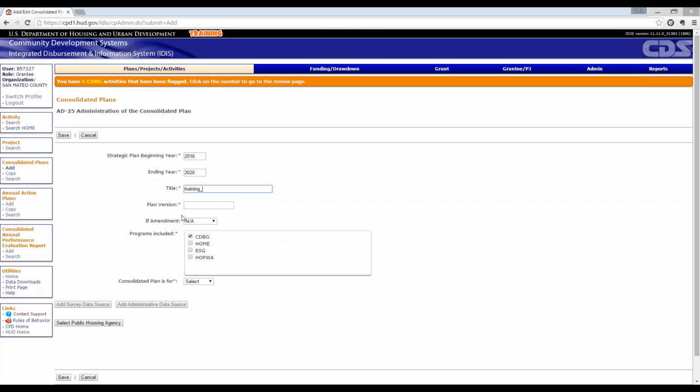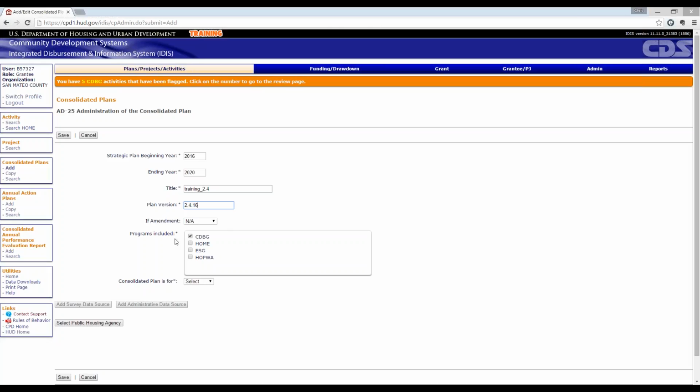I'm going to call it Training 4. And a version. This is the unique identifier in IDIS for your consolidated plan. And the lead grantee and all the participating grantees will all end up with the same version. So I'm just going to call it 2416 for today's date. This is not an amendment.